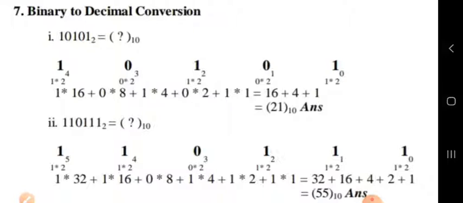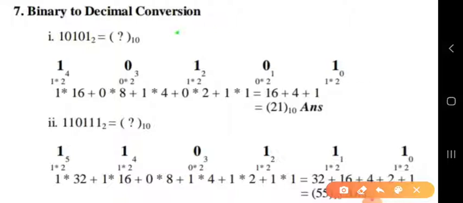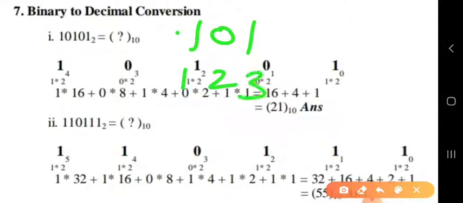Suppose I have one number, 0.101. It is not given in your notes, so I am explaining it to you by writing. You just see. This is your first position, second position, and this one is the third position, because the 0 is here, you can see. After the 0, there are positions 1, 2, 3.